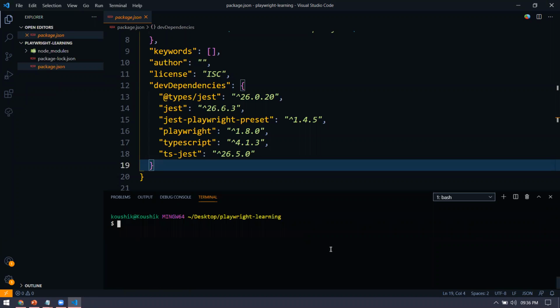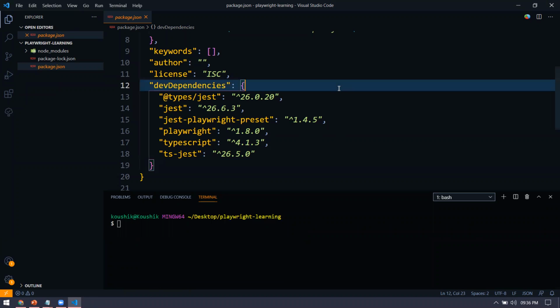Okay. So now we are going to do our first script, hopefully. So it's going to be very easy. Trust me, it's going to be very, very easy. So I'm going to create a folder called test. And within the test folder, we'll just write a simple login script. Okay. So we'll just name it like